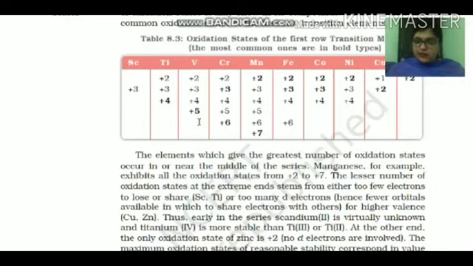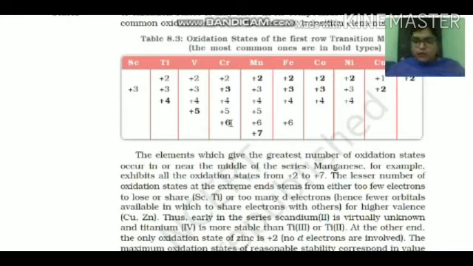Vanadium also, for these 5 you can see the last two electronic configurations. If I talk about vanadium, it will be 3d3 and 4s2. So 3 plus 2, it will be 5. This stable oxidation state comes from the addition of electrons present in the s orbital and d orbital.